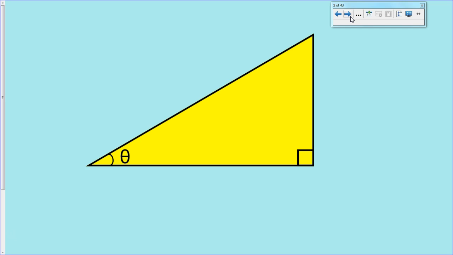But if we draw a right triangle and label one of the angles theta, then we have a triangle for which we can reference the rest of the triangle in reference to theta. So one of them you already know, the hypotenuse. We can reference the hypotenuse at any point, and if we compare it to where theta is, we can say the far side is called the opposite side and the near side is called the adjacent side. And all of a sudden, a whole bunch of light bulbs should be going off in your head, saying, hey, I've already learned this, possibly in 7th grade, where we learned about SOH CAH TOA, and